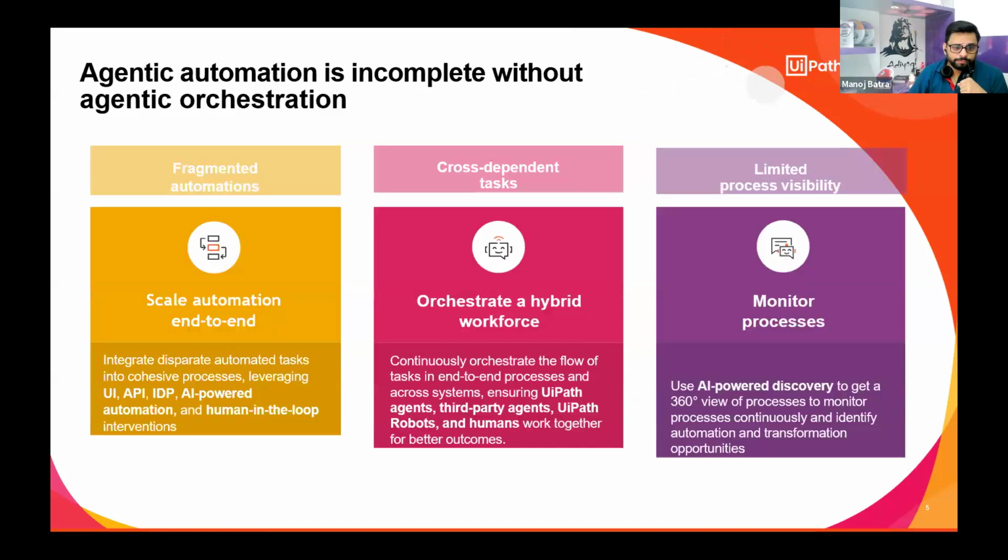So how to fix it? Moving on to the next slide, if you see here, so again, let me ask the question again, how to fix it? Maybe if I say we need to build more bots, or maybe I can just add a few AI models here and there. I'll use the chat window here. I just need a response from you: if I add more bots or create more AI models here and there, is it going to solve my problem? Yes or no? Just type in the chat.